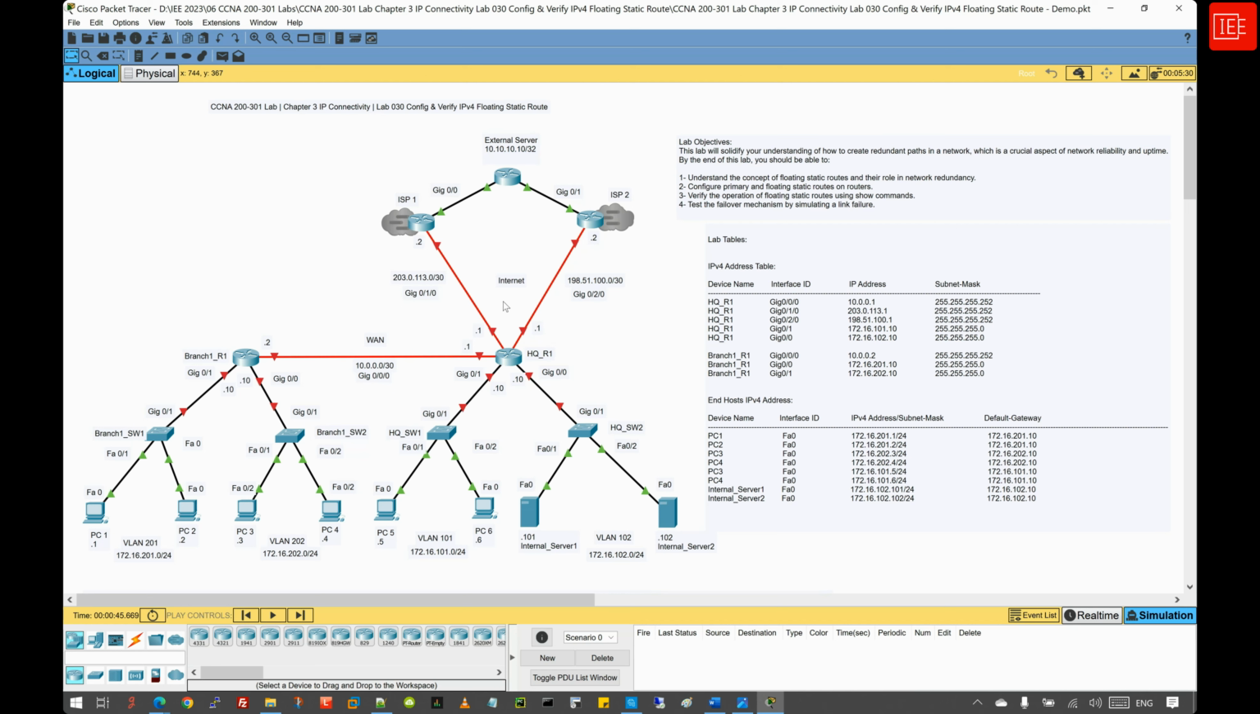verify their operation. So by the end of this lab, you should be able to understand the concept of floating static routes and their role in network redundancy. You will also be able to configure primary and floating static routes on Cisco routers. Also, you will verify the operation of floating static routes using show commands and then test the failover mechanism by simulating a link failure. And we will do this by shutting down the primary interface that connects to the ISP1